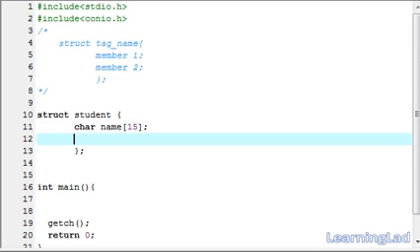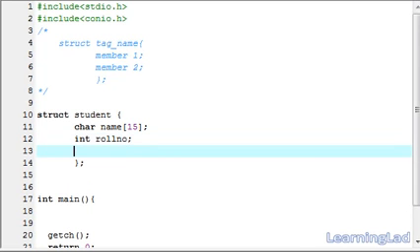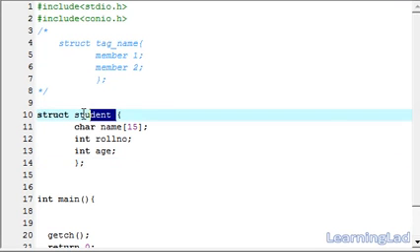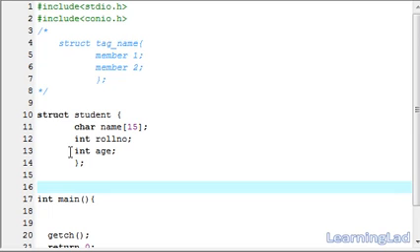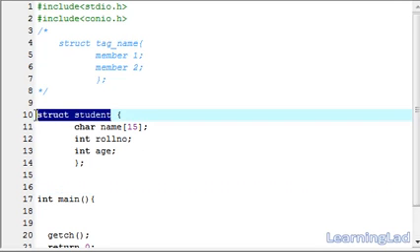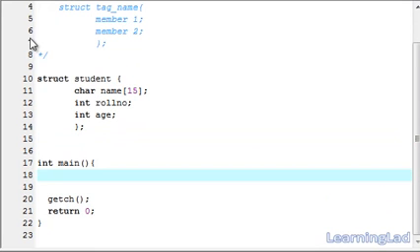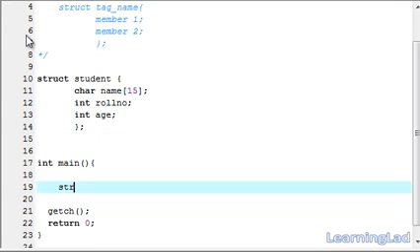So next, after this name, a student has the attribute of, let's say, int roll number, then age, it's gonna be of type integer. So this is it for the demonstration purpose. So this is how you can declare a structure in your program. So now we can refer this student structure in our program and create the variables of this type. So to create the variables of this structure, here we have to write the keyword struct first, then the structure name is going to be student,